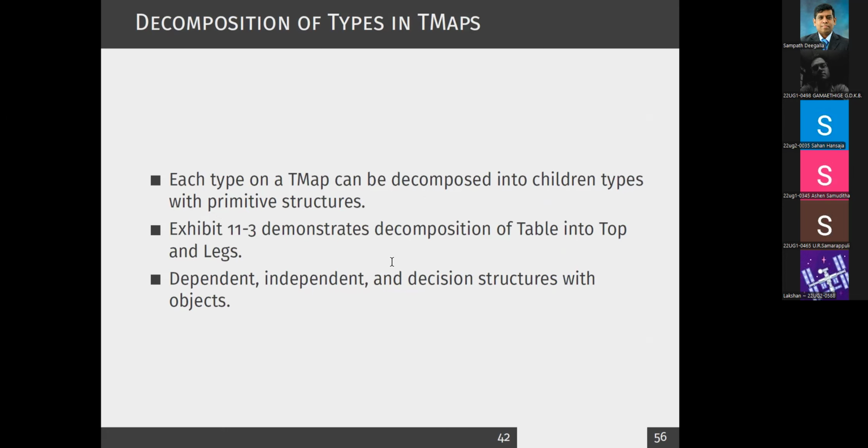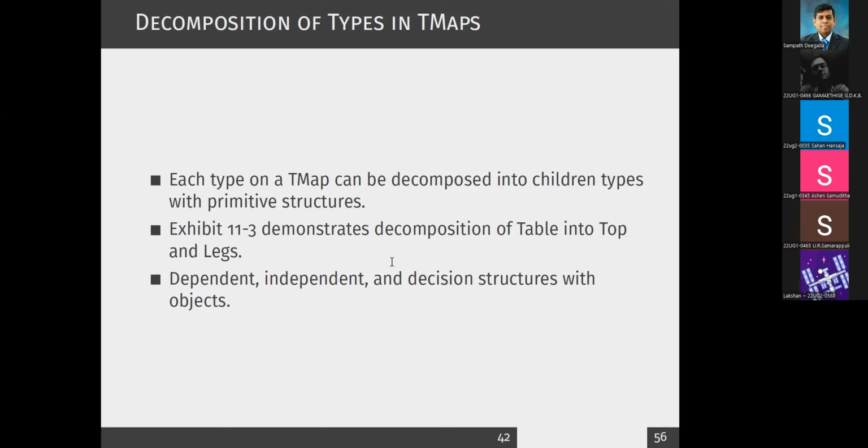Then how do you decompose the types in type maps? Right. So like what we discussed in the functional maps, in type maps also we need to identify what we call the parent and child relationships, right? So for example,